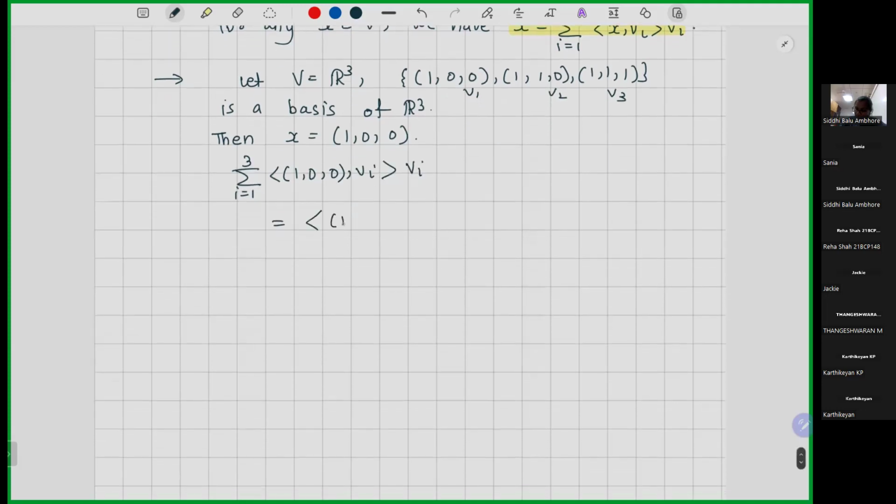This is the inner product of (1, 0, 0) with (1, 0, 0), since v1 is the same element, times (1, 0, 0), plus the second, (1, 1, 0),